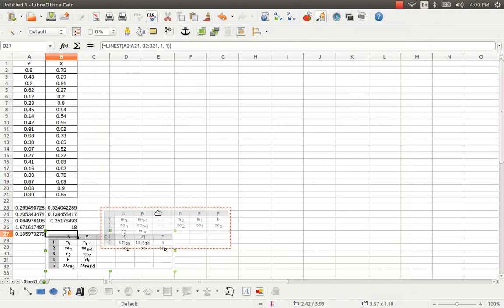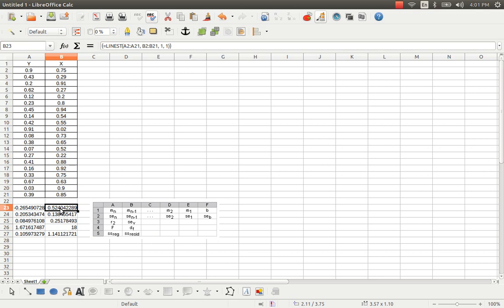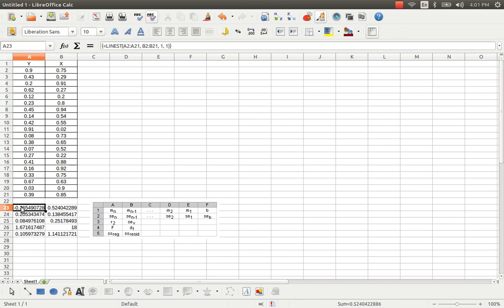So I think now it is easy for you to recognize the values. These are the constants. This is beta naught and this is beta 1, and this is the standard error for beta naught, and this is the standard error for beta 1, and this is the r square value, which means coefficient of determination, and this is the standard error for variable y, and this is the f statistic, and this is the degrees of freedom, and